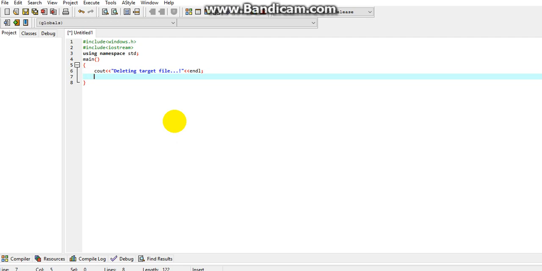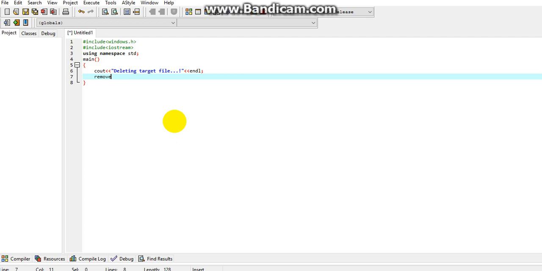It is used for end line. It's not necessary, but just for the sake of efficiency I am using it. Then you say remove. It's a function defined in windows.h. Just for this function we have included that header file windows.h.